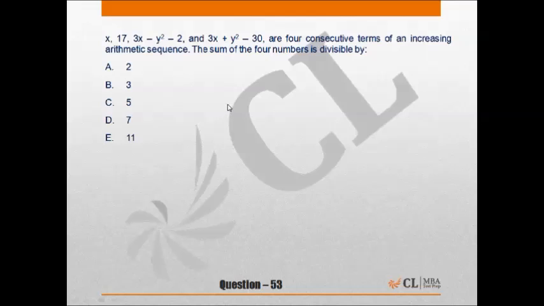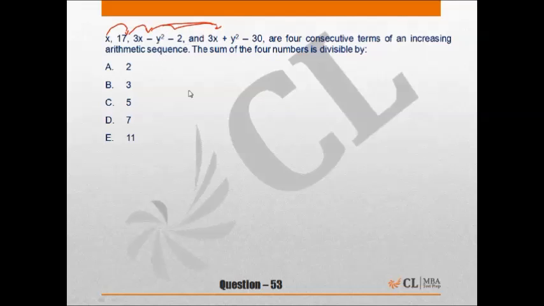Here it is given that x, 17, 3x minus y square minus 2, and 3x plus y square minus 30 are four consecutive terms of an increasing arithmetic sequence, and we have to find the sum of these four terms. As these terms are in arithmetic progression, the difference between any two consecutive terms